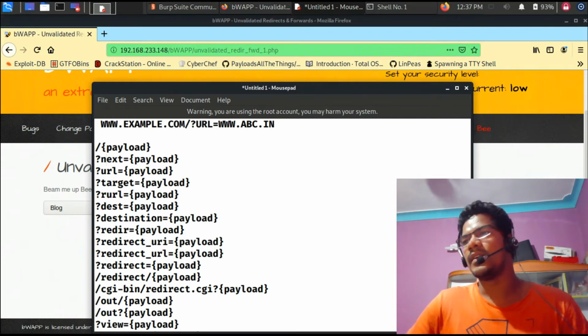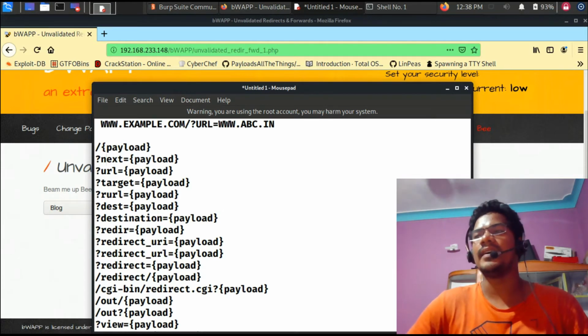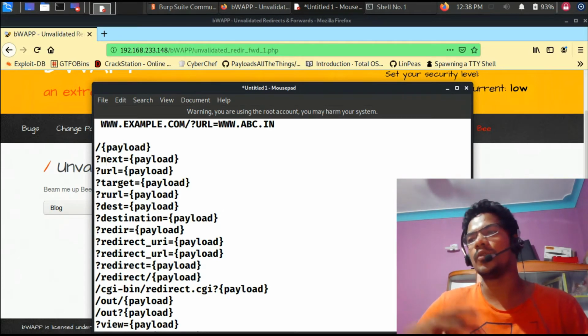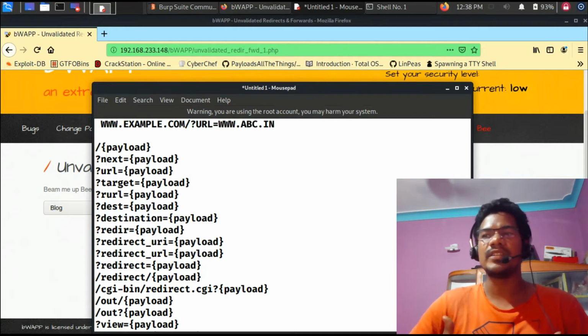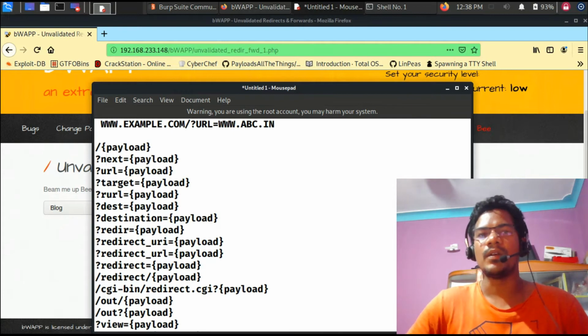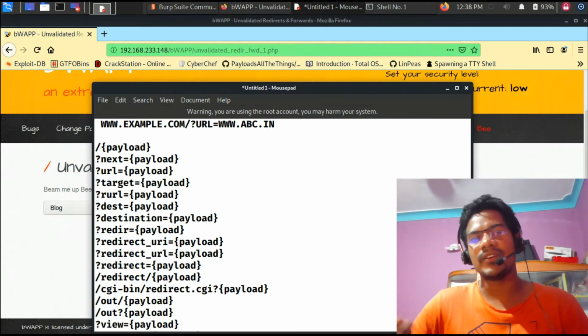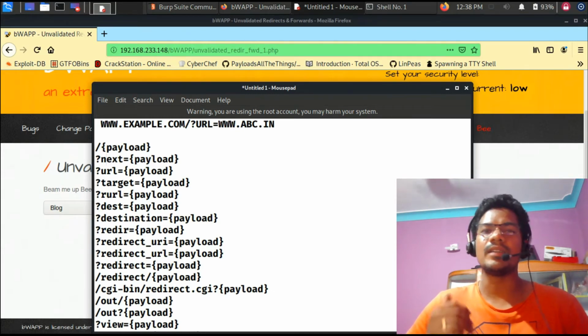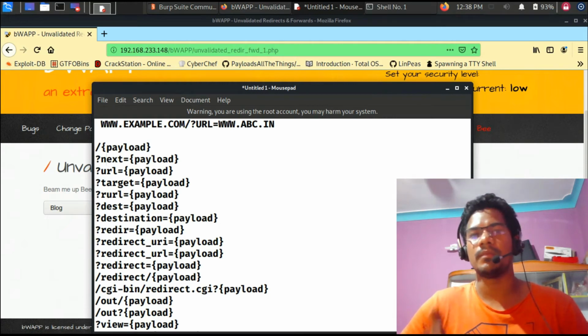Now the developer, as I said, has meant for this URL redirection to go to their own page, maybe their own success page or something like that. But being an attacker, you take advantage of that, and instead of redirecting the user to the home page or success page, you redirect them to a malicious website that you control. There are a lot of things that can happen with URL redirection, starting from phishing to various other attacks. But we will not talk about those impacts. Probably we'll first learn the methodology of how to perform testing.